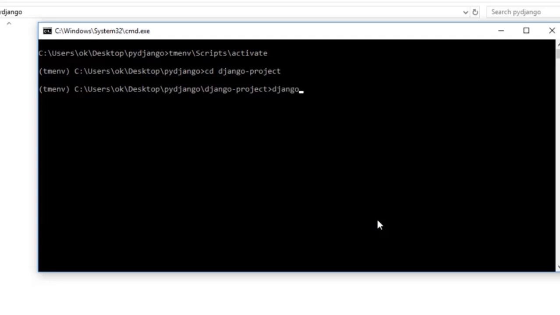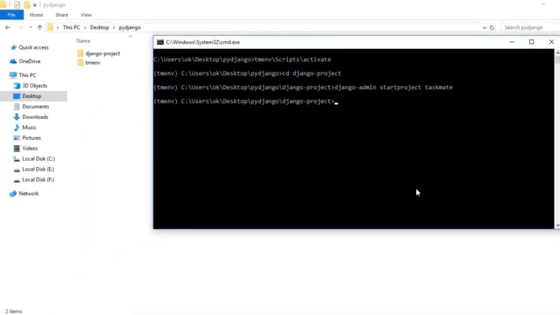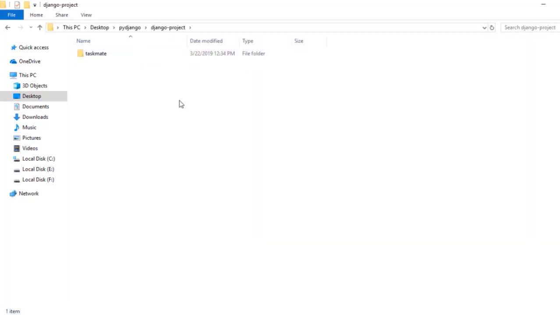So let me run my command django-admin startproject and then the project name. Remember, this project name is really important and you can think of a good project name according to which you can set layout of your project. I would be using taskmate. This might take few minutes, but if I am going to open my Django project now, you will see different type of files and folder. So let me go inside this, and this is my folder now, and you will have several files inside this.